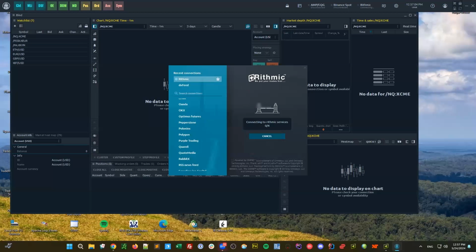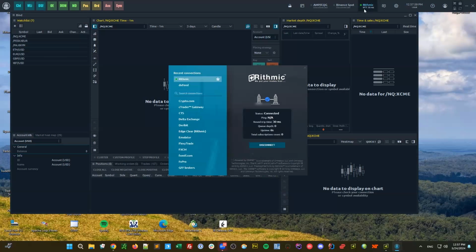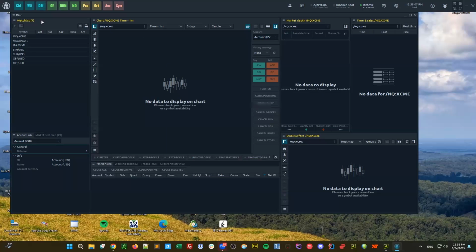So I'll connect, and once we get a connection, we'll be good to go. Give it a minute. Okay, it's now connected, so we can close this. If we come up here again, we can click on it. We want to make sure that this is starred so it'll always be here. So there we have our Rhythmic connection. Now we want to close this. Actually, we can right click on it and